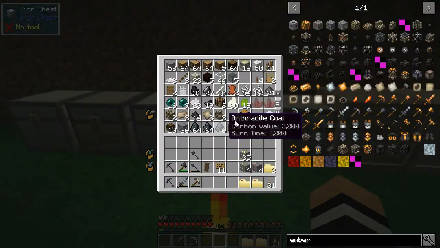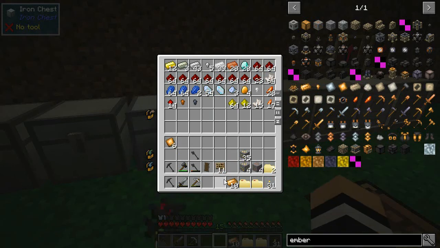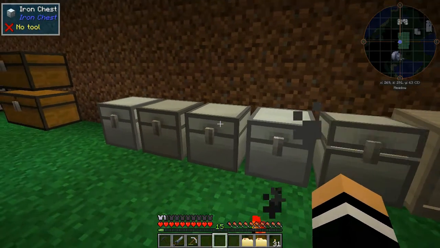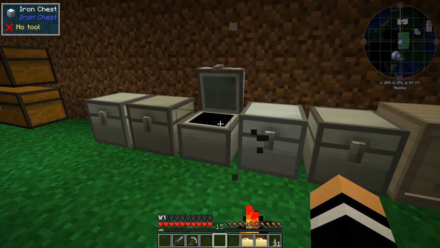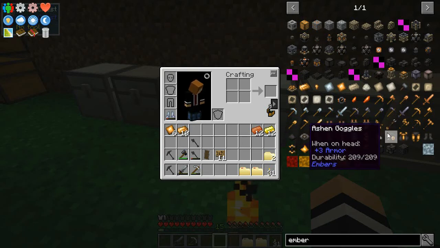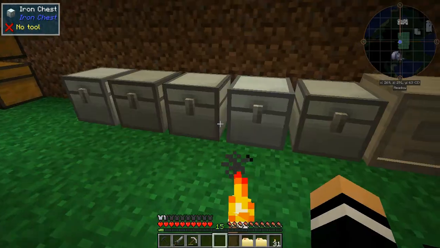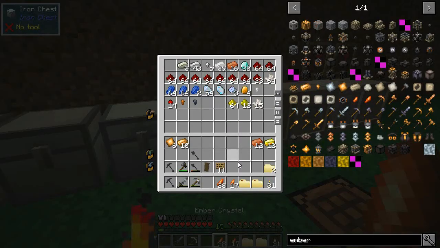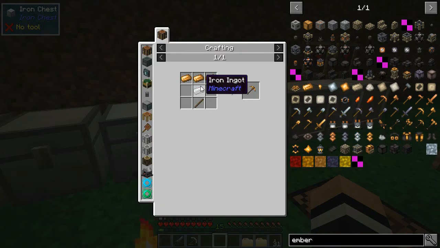Either way, we're going to need quite a bit of dawnstone, which we have a little bit of. We're probably going to need, you know what, let's do it this way instead. The raw ingots, because I'm not sure. We've got plenty more to make, but we'll do it with ingots. So what are we going to need? We're going to need ourselves more plates. We're going to need ourselves some of these ember things. What did I really want? The pick. So the pick...